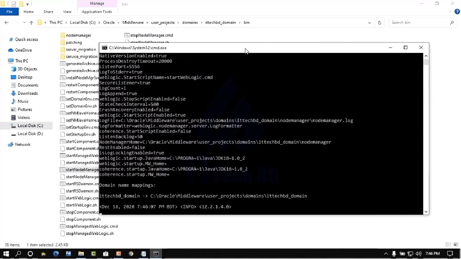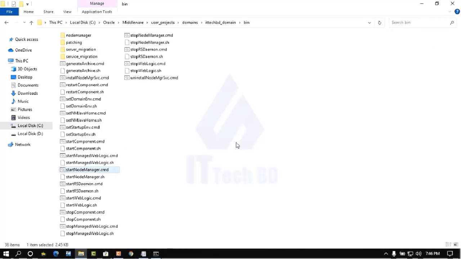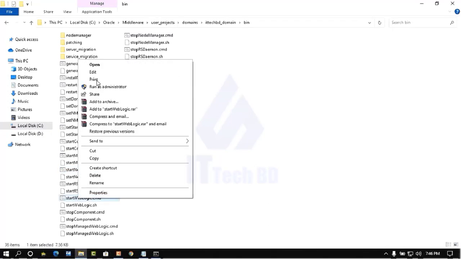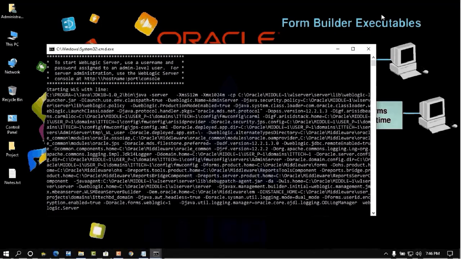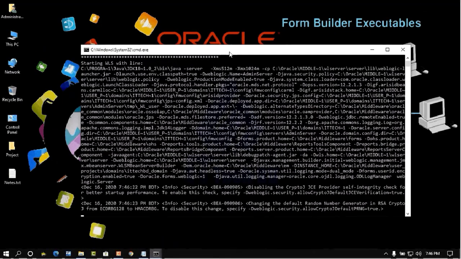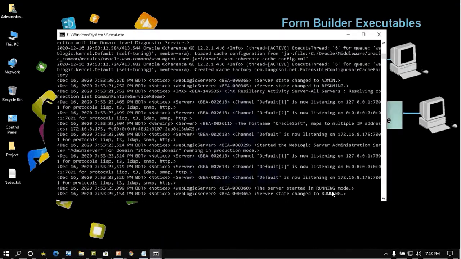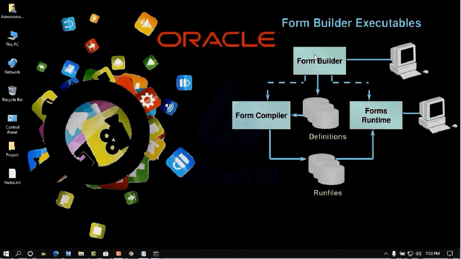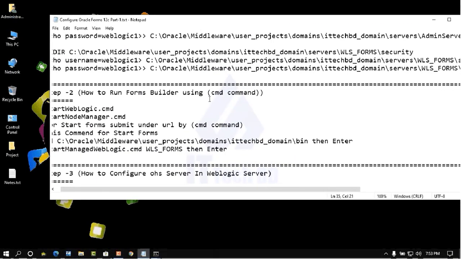Node manager is already running, see here showing, then minimize this one. Also need to start weblogic.cmd, this one right click, run as administrator, then you need to wait some time. I skip this one, it will take time. This one is already running, minimize this one, then we need to start our Form